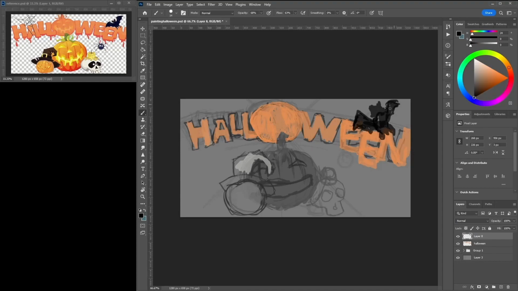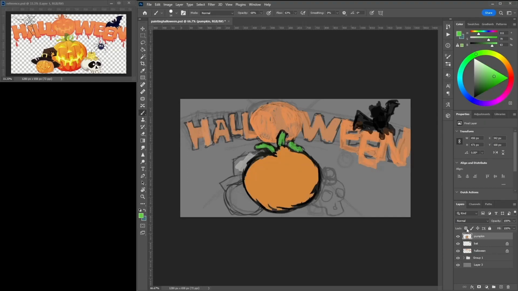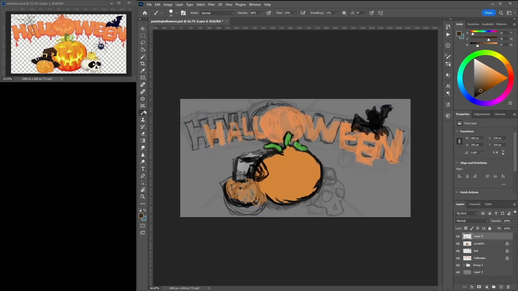But usually I don't work on heaps of layers because I end up painting on the wrong layer, painting on the pumpkin layer when I want it to be on the Halloween layer, and I get tired of having to cut it and paste it and things like that. With this one, what I did was